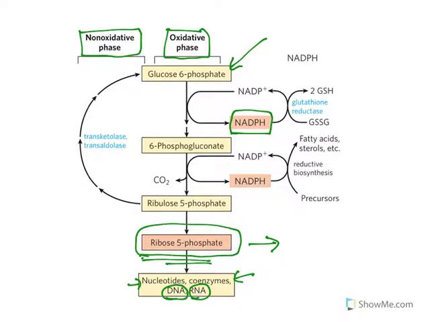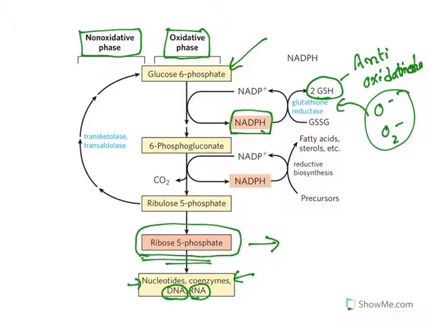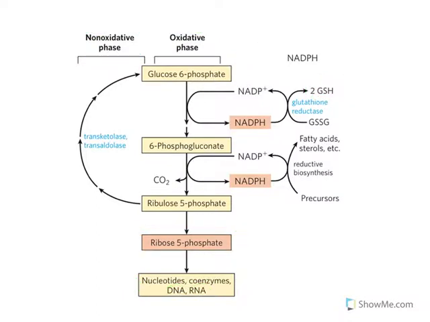Now the role of NADPH is, it forms glutathione, the reduced form of glutathione. Glutathione acts as an antioxidant. In all the living cells, this one acts as an antioxidant. The job of this antioxidant is, any superoxides or peroxides formed are scavenged or removed with the help of glutathione. So these are very essential. In fact, there is an enzyme which converts glucose 6-phosphate to 6-phosphogluconate. This is known as glucose 6-phosphate dehydrogenase.